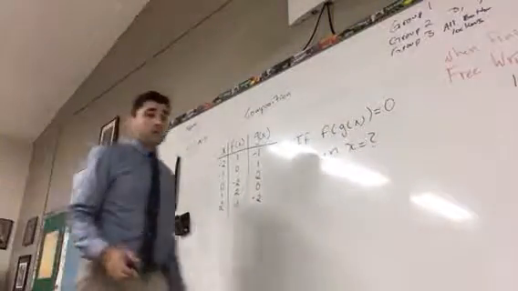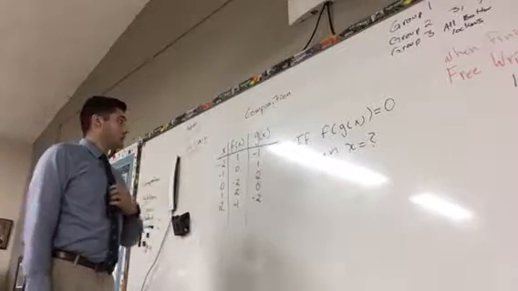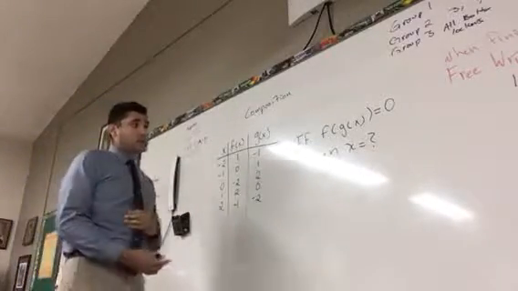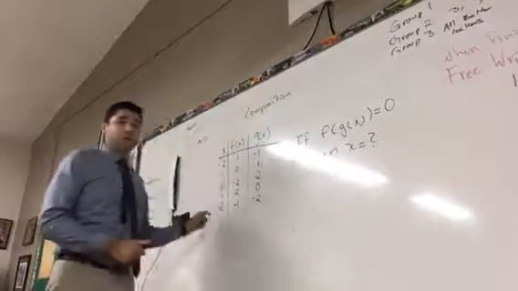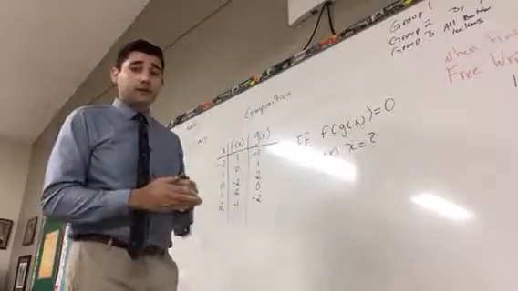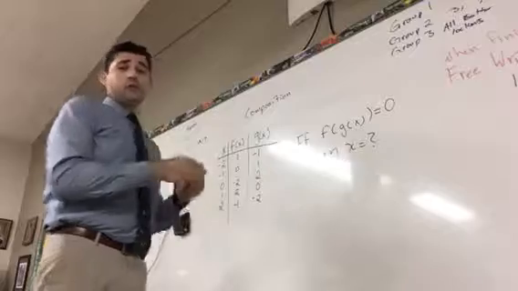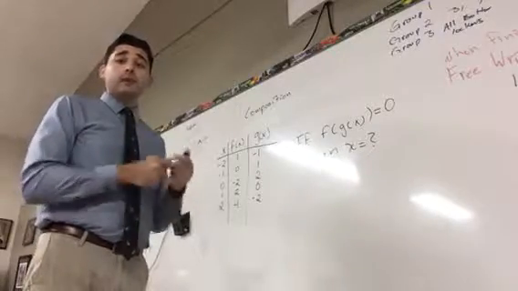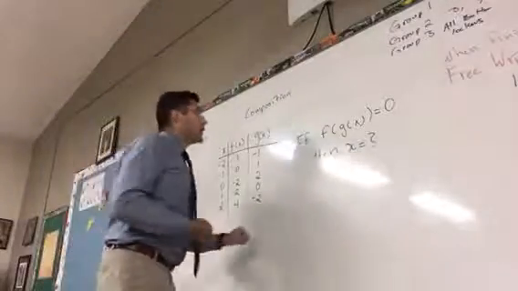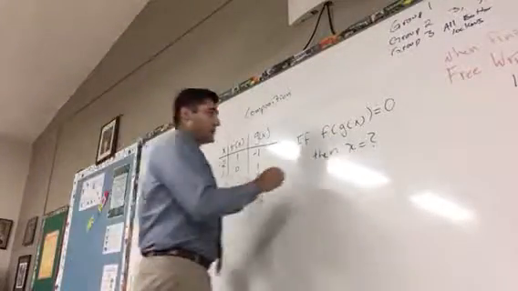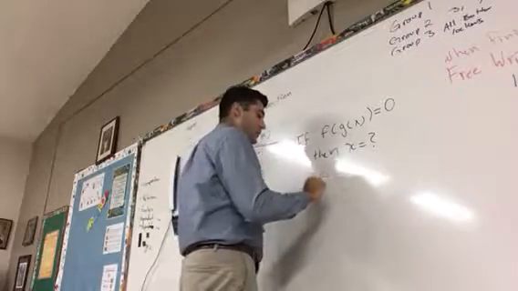We are asked to look at the following problem. The following two functions, f of x and g of x. What happens when you take the independent variable and run it through each of these functions, not individually, but through each of them simultaneously, together. So composition is the act of taking your independent variable, running it through the first function,